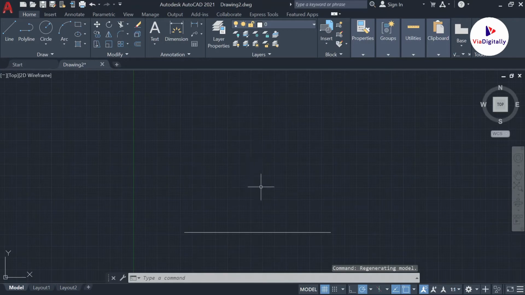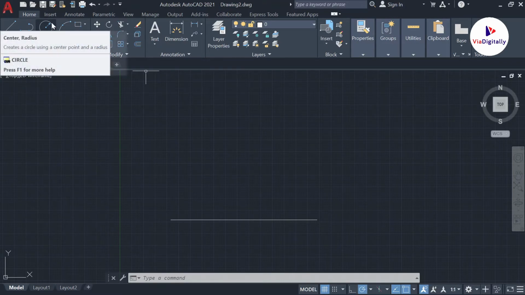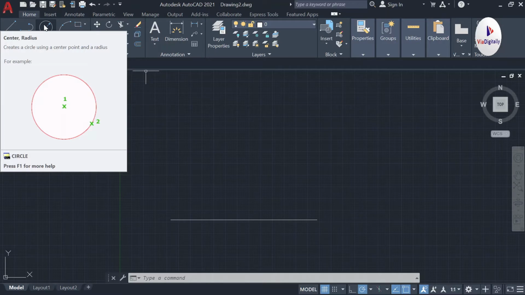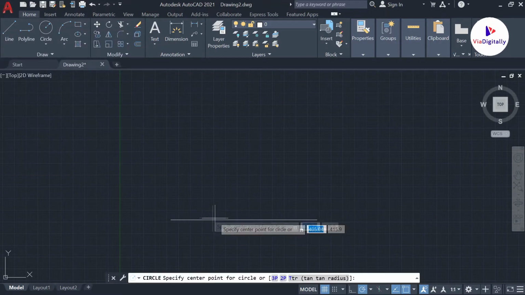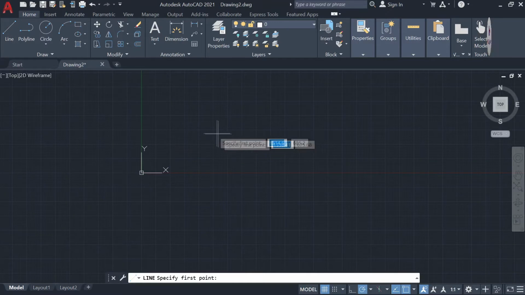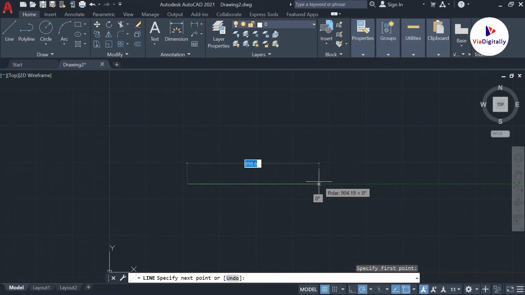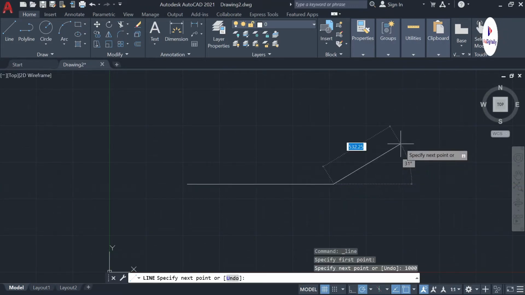The different way is simply using a circle instead of an arc in AutoCAD, because it is a bit difficult to draw an arc in the software. Even though it is easier, it is more comfortable for us to draw a circle. For that, I don't know the length of this, so I'm removing this line. Before that, I want to give the known dimension so that I can make it a specific diagram. So it is around 1000, I guess. I'm just giving a rough figure of 1000 millimeters.